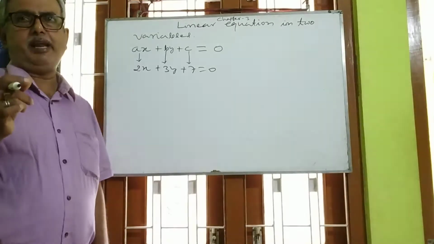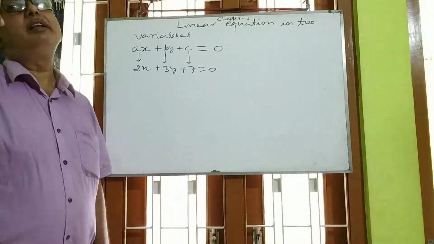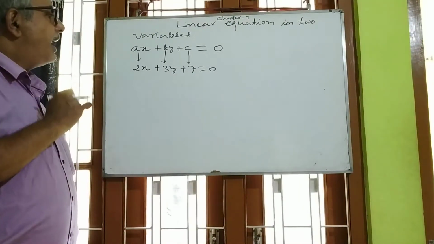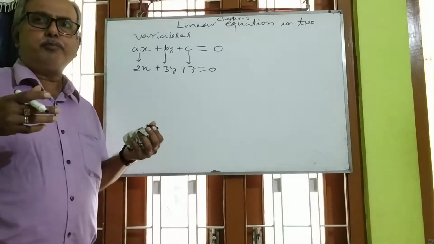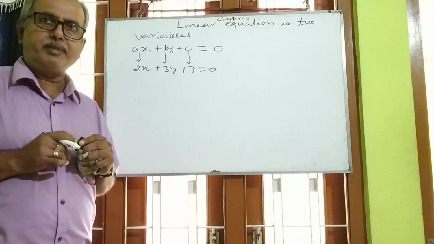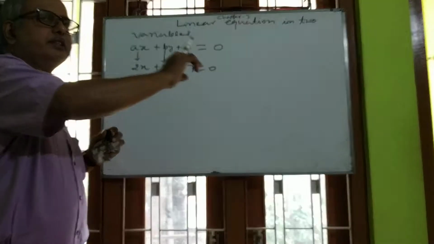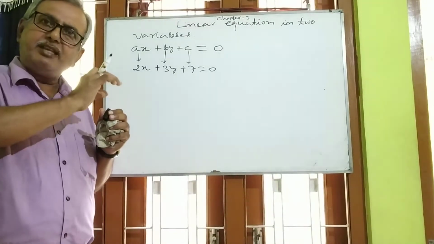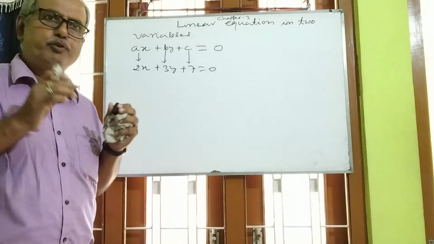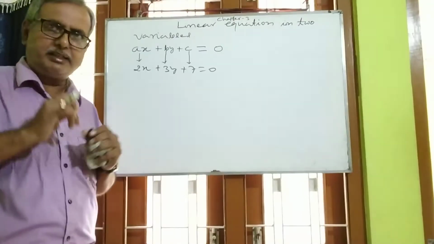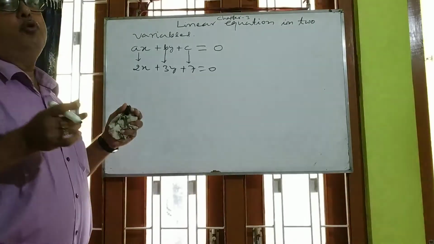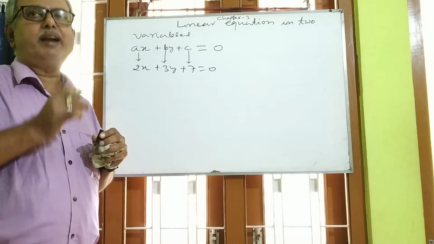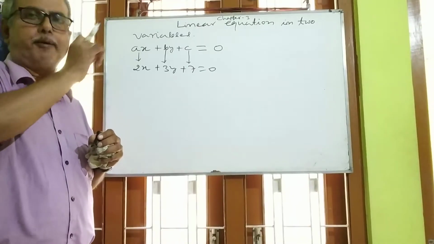Or you may take the general form of linear equation in two variables. My dear student, what type of questions will you have to reply here? Sometimes one linear equation is given and it is asked that you arrange it in the standard form. So you have to arrange in a standard form, that you have done in class 9 also. Then you might be asked, what is the value of A? What is the value of B? What is the value of C?